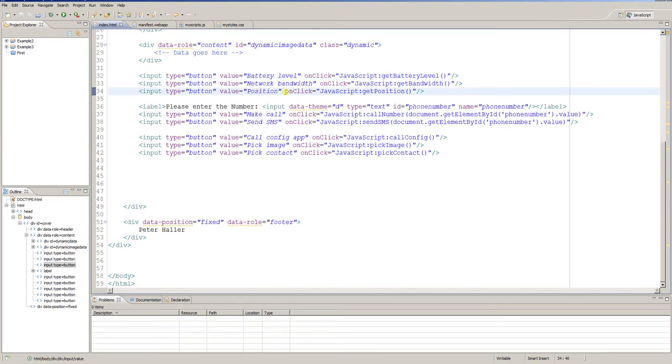First of all, the position, the geolocation of the user. For that I developed a JavaScript function called getPosition, and then different other calls like make a phone call, I call that function callNumber, or send an SMS, sendSMS. Call the configuration app of the phone, callConfig. Pick an image from the gallery, pickImage, and pickContact to pick a contact. And if we start our new example 3 in the simulator,